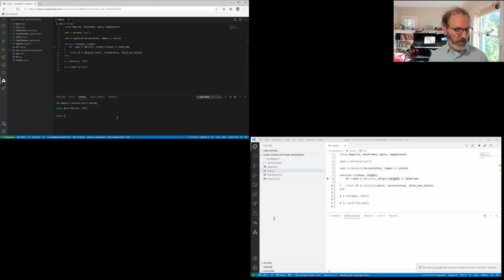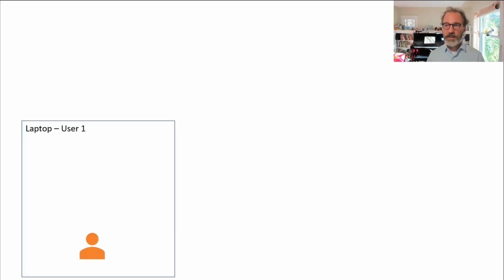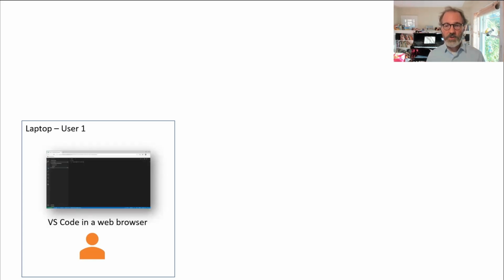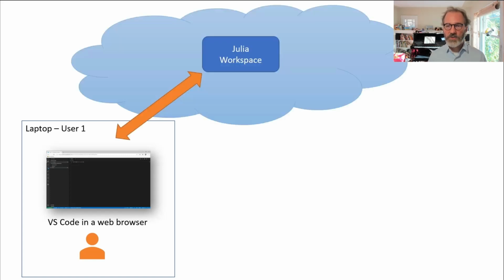And just to recap what actually happened here, let me show you a few slides because there were sort of a lot of machines involved in this hypothetical scenario. So in this last scenario, we had one user, let's say user 1, working on a laptop. That user worked with Visual Studio Code in a web browser. That web browser instance was connected to a Julia workspace in the cloud. So Julia itself ran in the cloud. And the user was able to start a debug session in the web browser for the Julia process that was